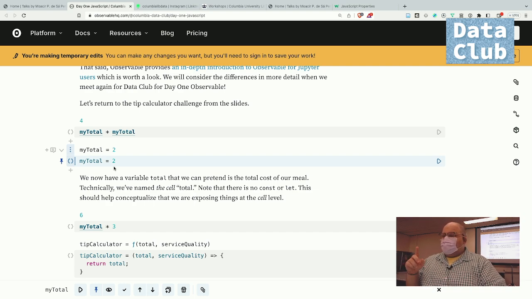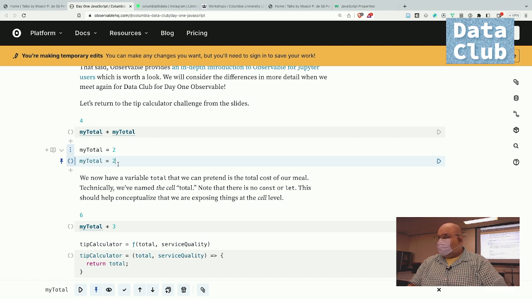The way to think about this, and I think this is right, is that when you're defining variables in a Jupyter notebook, you're just polluting the global namespace, because you can define df in one cell and then redefine it again in a different cell, and then you don't know which df you're dealing with anymore. A cell in Observable returns one value, only one value,